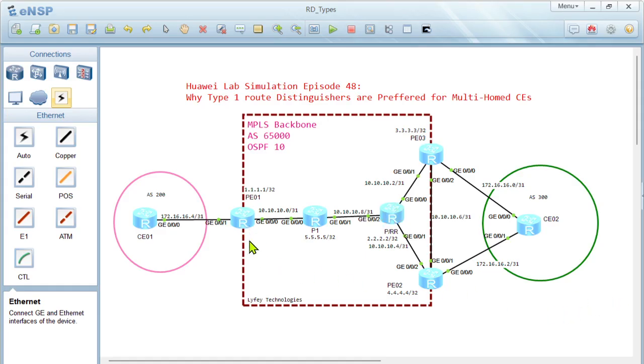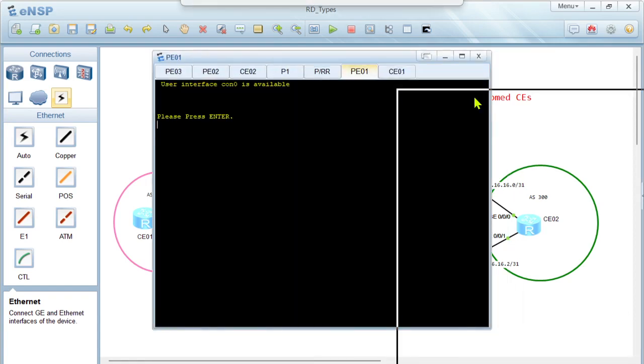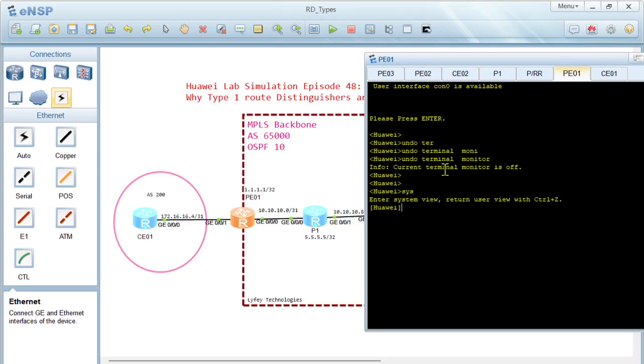So let me start by configuring P1. The configuration is step by step so that you are able to master how to do the implementation. So the first thing, I will undo terminal monitor on this router. Then remember, we always have to configure the sysname. So the sysname will be P1, and we can go ahead to configure the interface parameters and also MPLS and